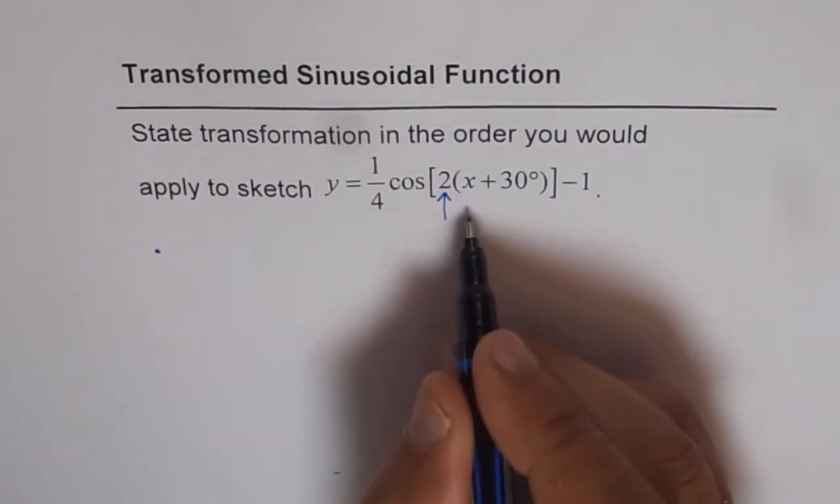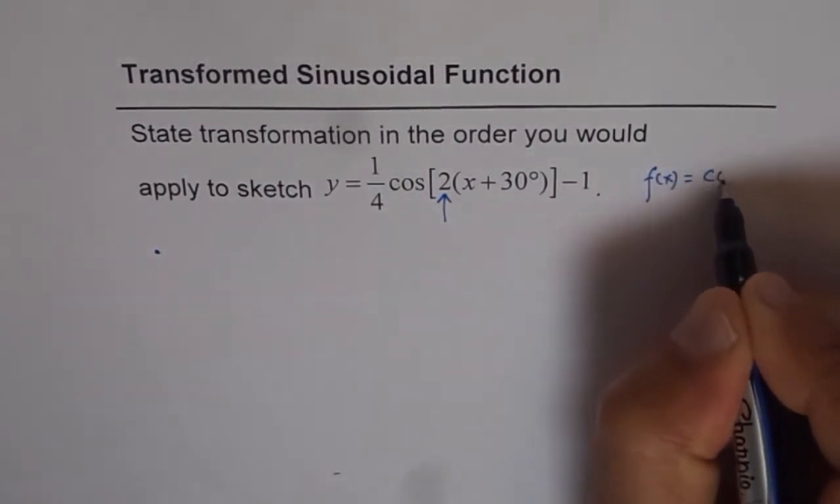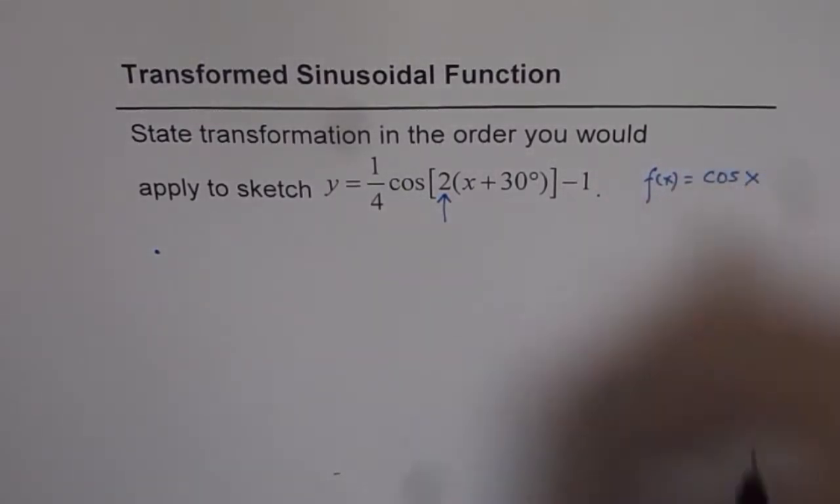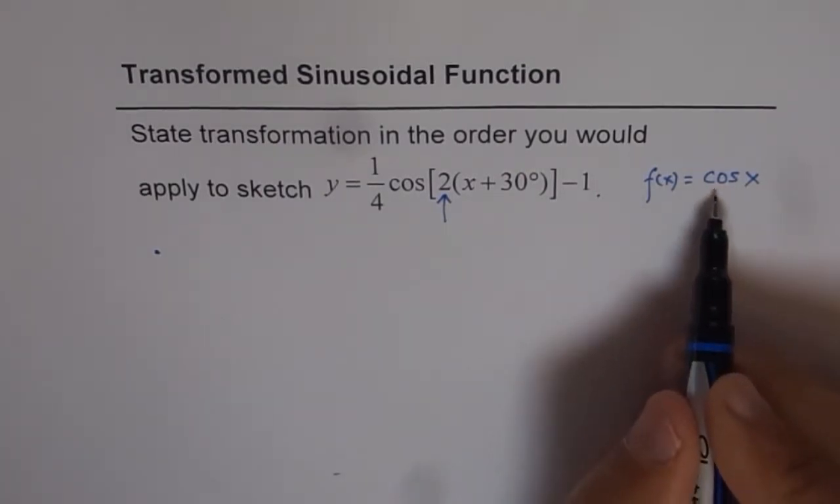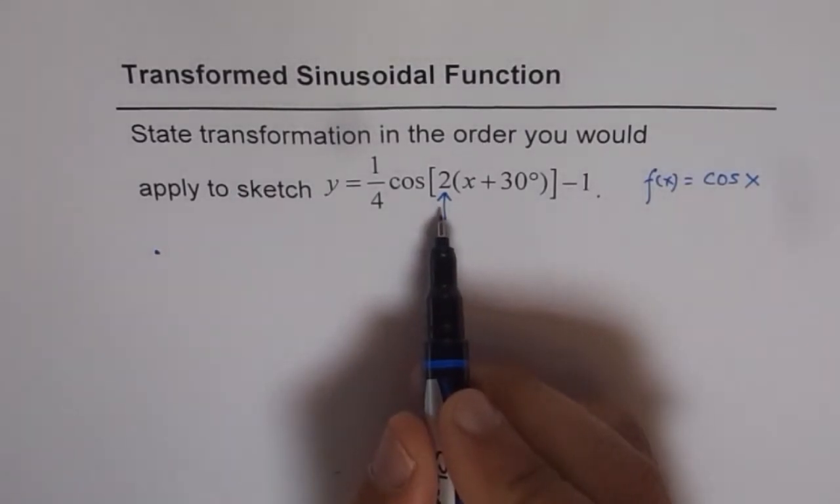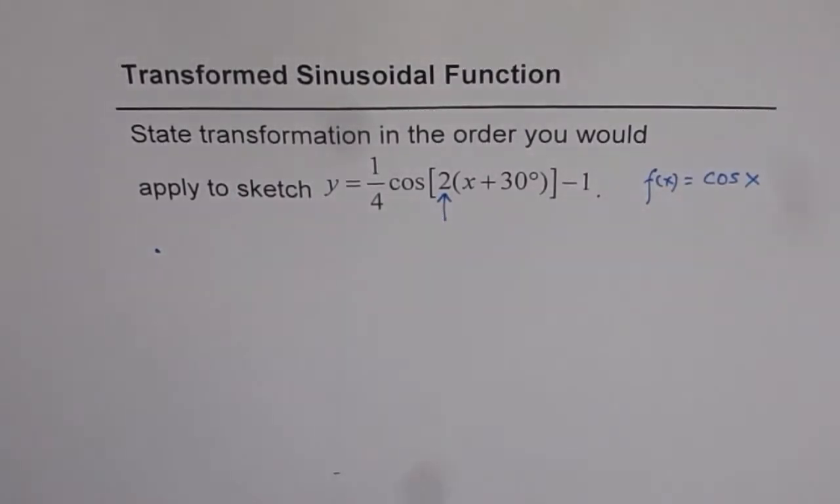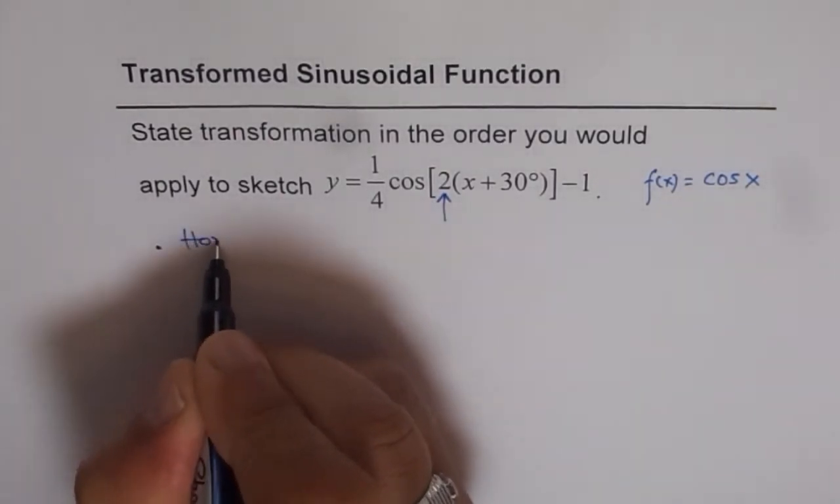So what are we comparing it with? We are comparing with f of x equals cos of x, right? So that is what the initial starting function is. With respect to the cosine function, this transformed function will be transformed in these steps, which I'm going to write now. So the first one is horizontally compressed